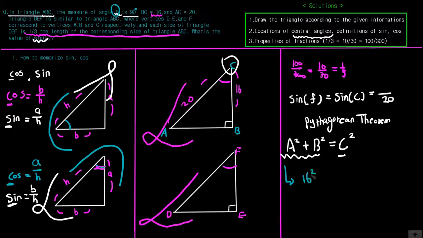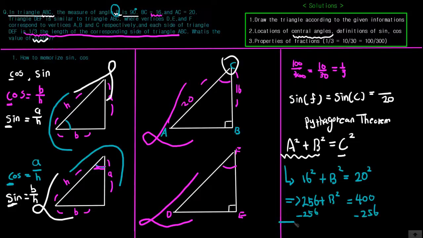We don't know the value of b squared, so we can just write it. And that is equal to c squared, which in this case is the hypotenuse squared, 20 squared. The 16 squared turns into 256 plus b squared, and that is equal to 20 squared, which is 400. And we can subtract 256 from both sides,